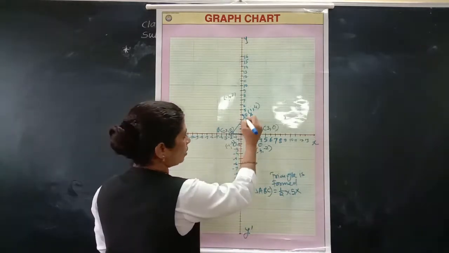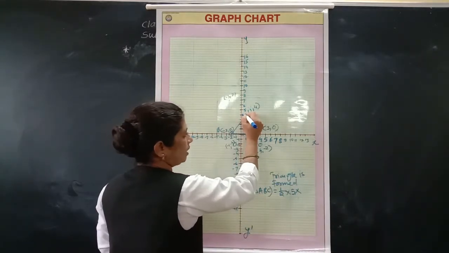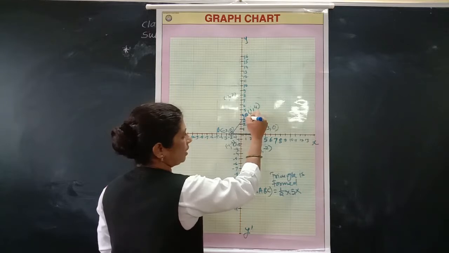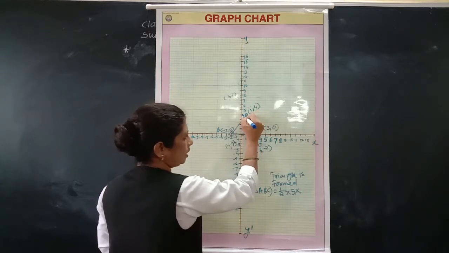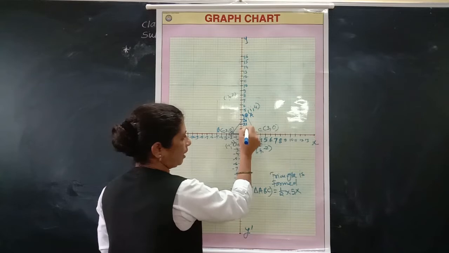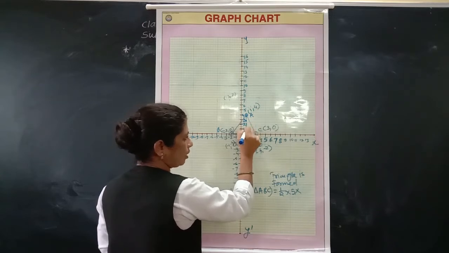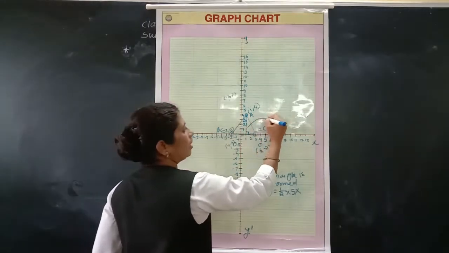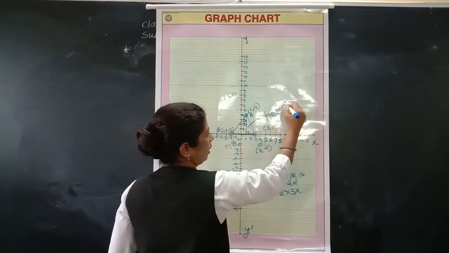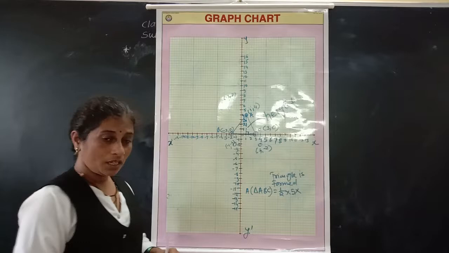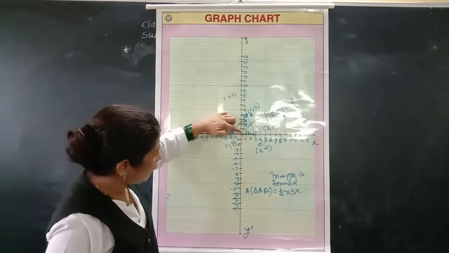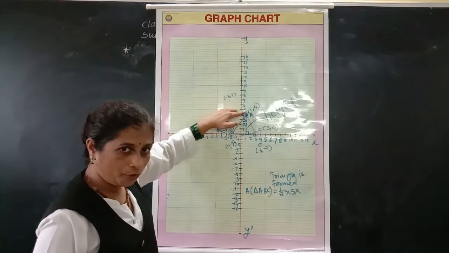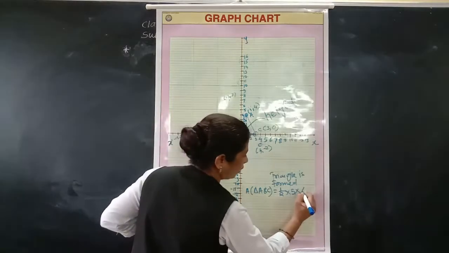For the height, we have to see that the A point is here. So we have to join the perpendicular distance from the point A on this base. Okay, so this will be the height of your triangle, right? This is the height of your triangle. So what is the height? We have to count the distance 1, 2, 3 and 4. So 4 is the height of your triangle, right?